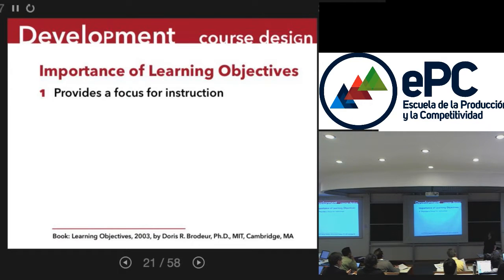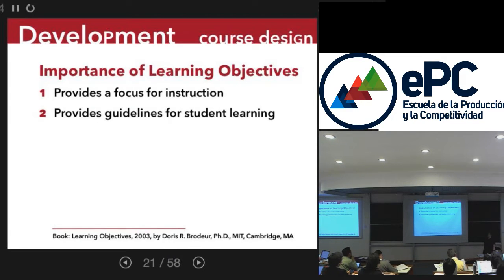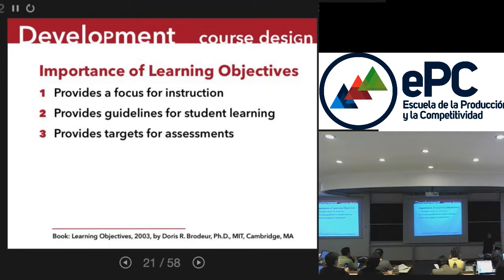So the importance of learning objectives is it provides a focus for instruction. It provides guidelines for the student learning. It helps define and provide targets for assessments. Do you know what I mean when I say assessments? So a lot of times in the classroom, you will have assessments purely by working with the students face to face.